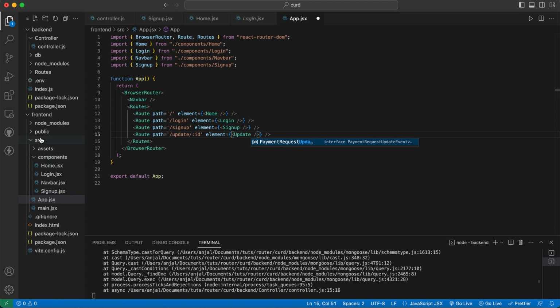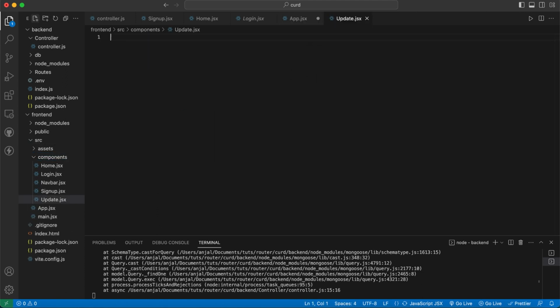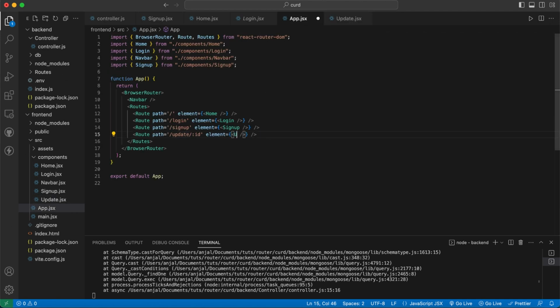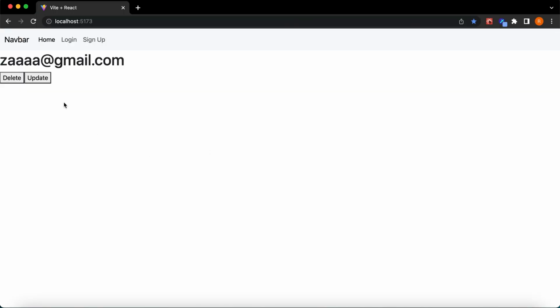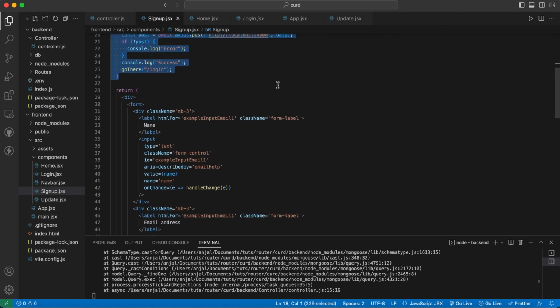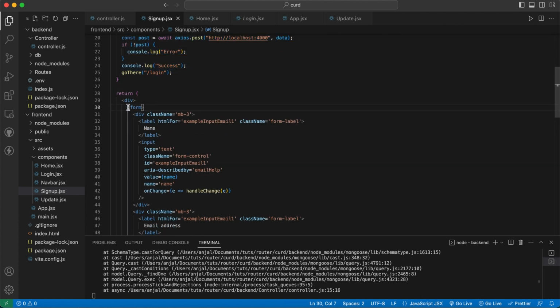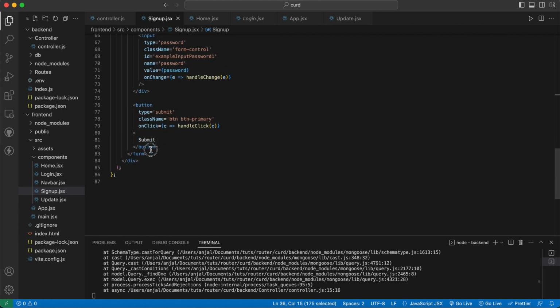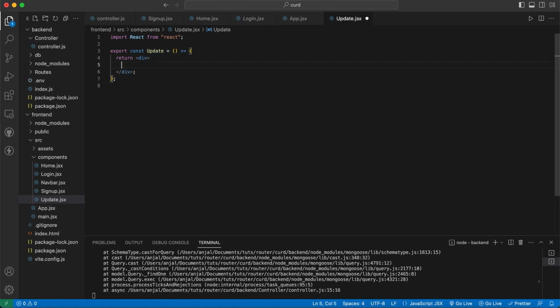Okay, we have not created that component yet. So go to create that component. Okay, update, perfect. That is going, and the ID is also passed there. So now again, go to the sign up and copy everything from this form. Copy it and just paste here,